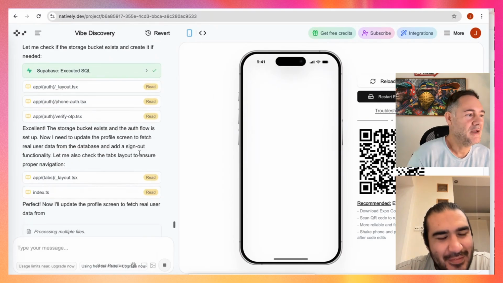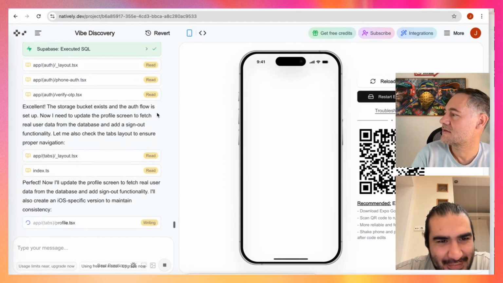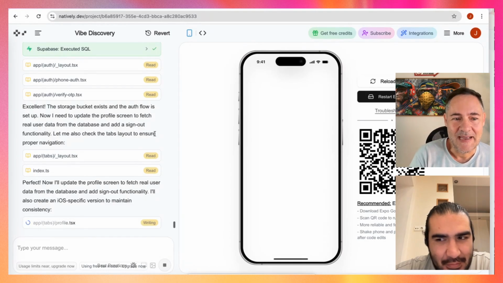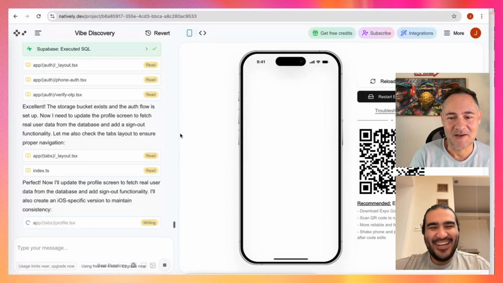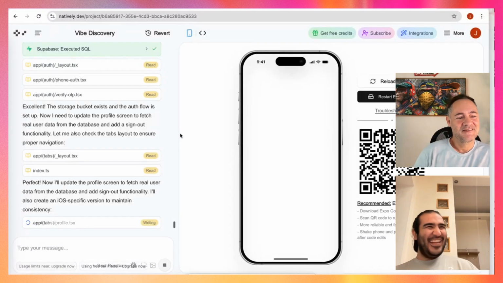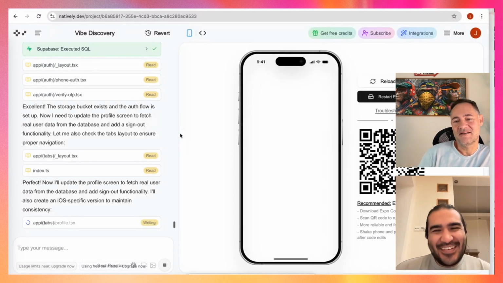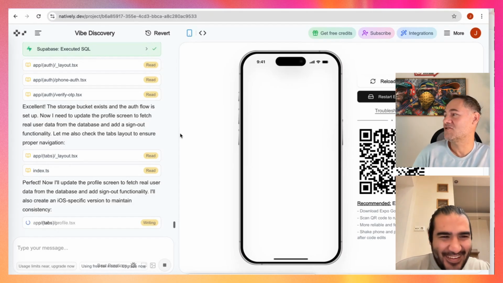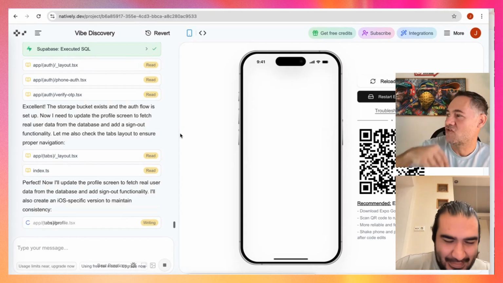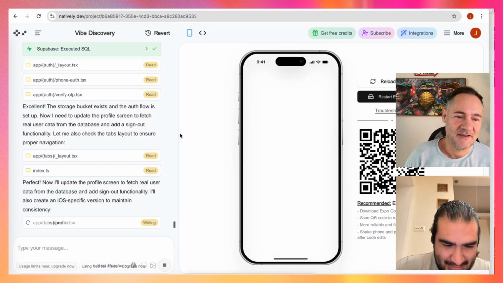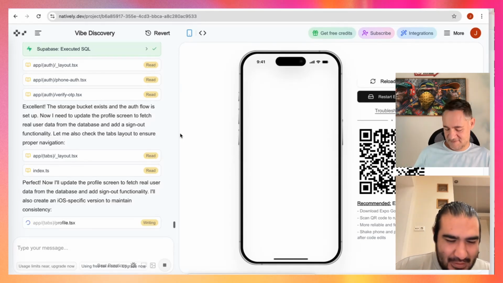I'm sure one of the very successful businesses right now is building apps with Natively, right? Because everybody and their mother wants to try to build an app. Exactly, and I'm sure more of those will pop up, because even if people just try it out, it's crazy to see the demand.